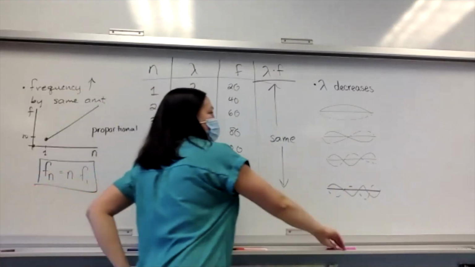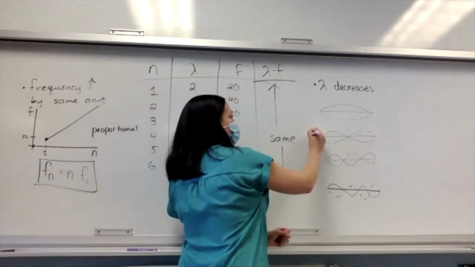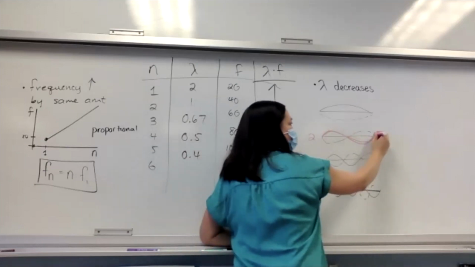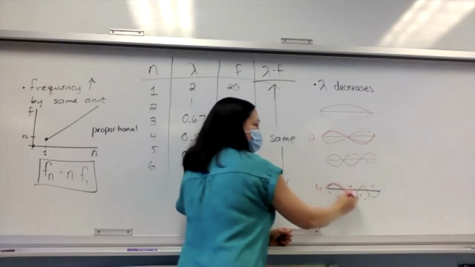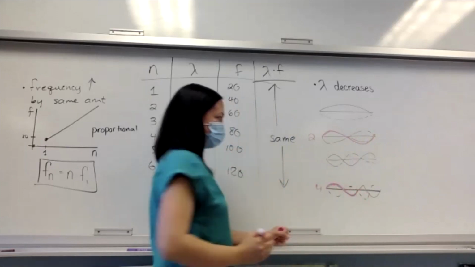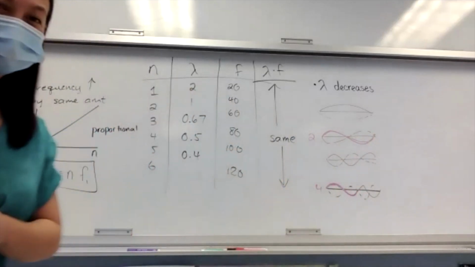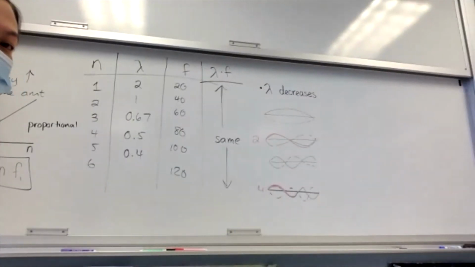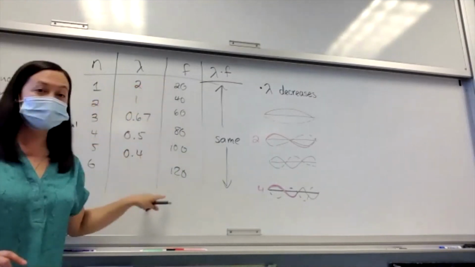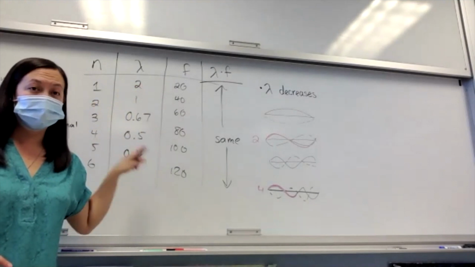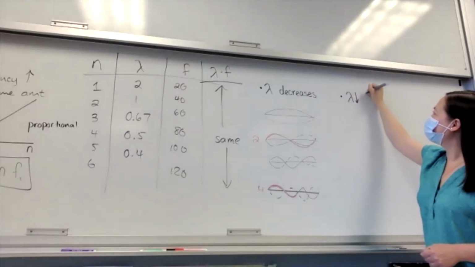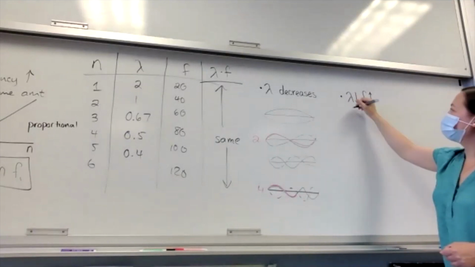So let's say we compare the second harmonic to the fourth. The second harmonic has a wavelength that's this big. The fourth harmonic has a wavelength that's half of that, smaller. So one more pattern for us. That means if I graphed wavelength versus frequency, how are these two related to each other? They have an inverse relationship. Exactly. And this inverse relationship,